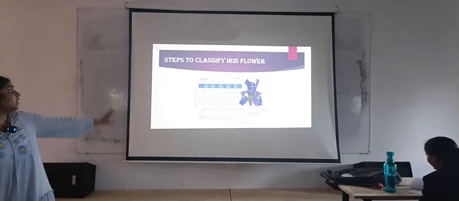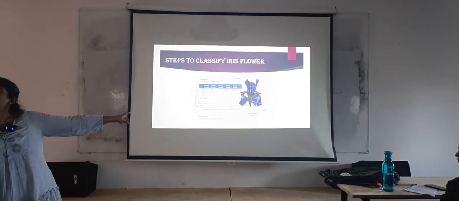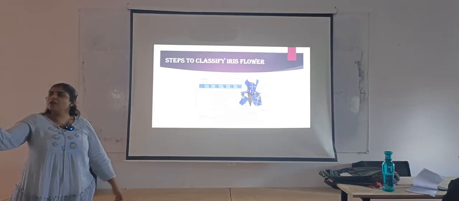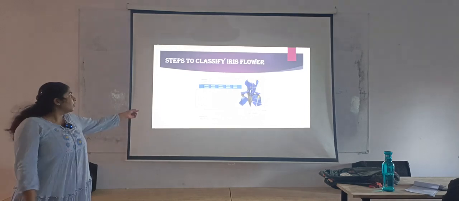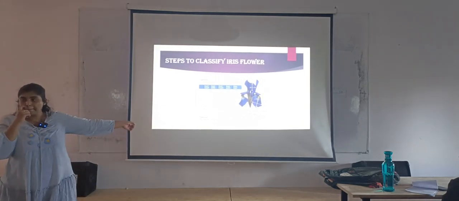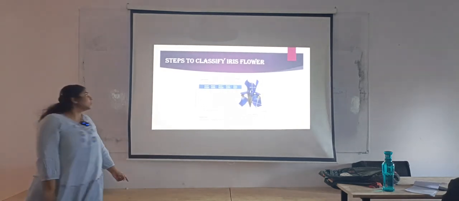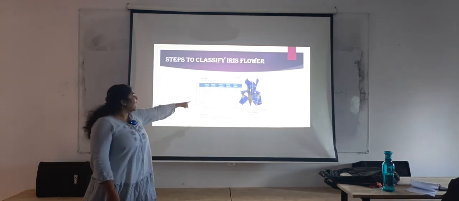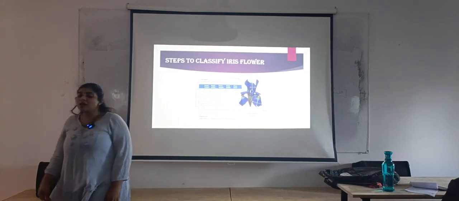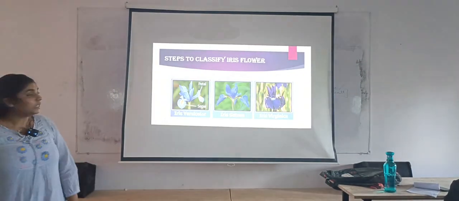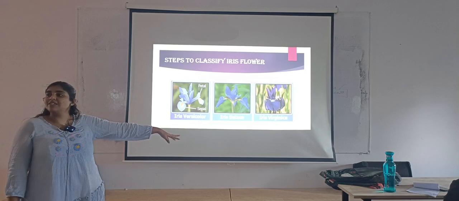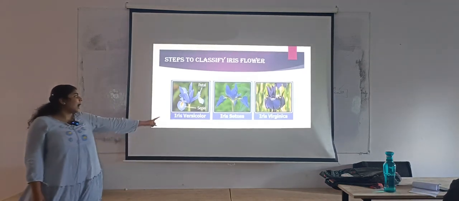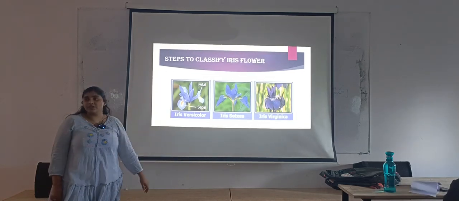No, this is the data set, the database that you have to collect before doing the programming. I think you only told that you have to collect it from outside. Yeah, you have to collect this from some other source, some data source. So these are the features, those are the instances and the class labels, which are called the targets. This is how they are classified into 3 different groups: iris versicolor, iris setosa, iris virginica.